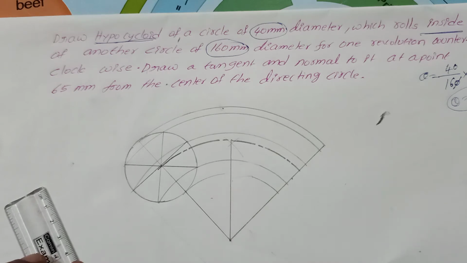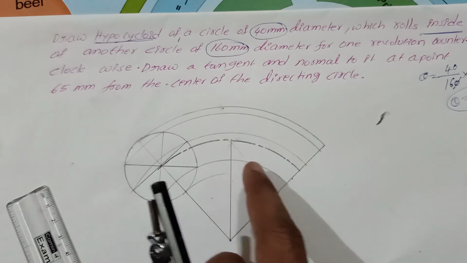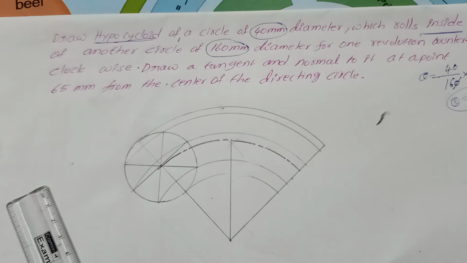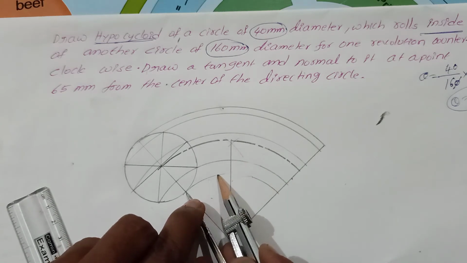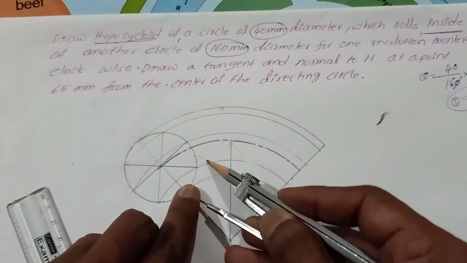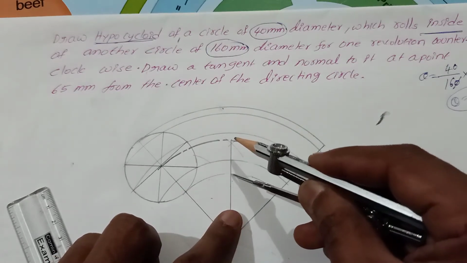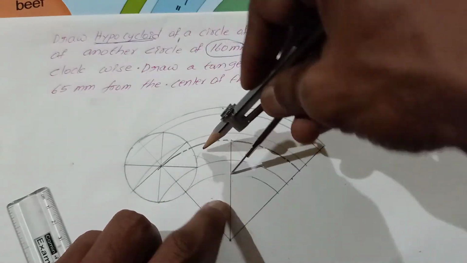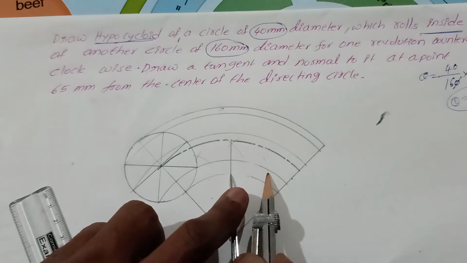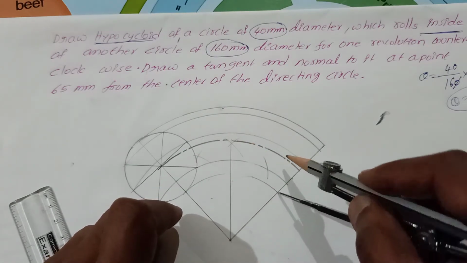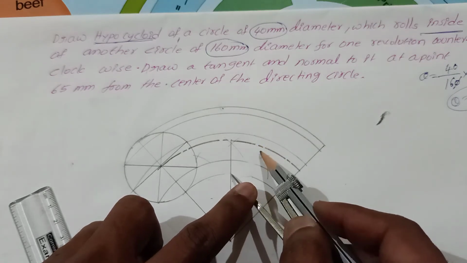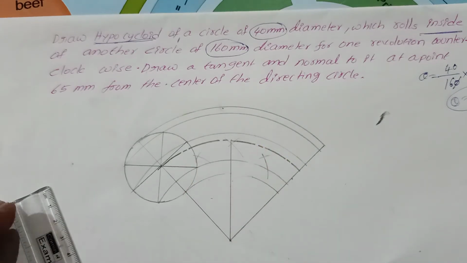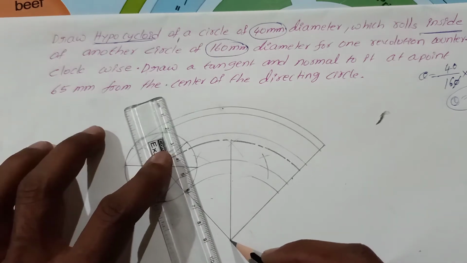Now again divide this curve into 2 parts, and this curve into 2 parts. So for the first curve, take more than half. Draw a curve from this point, cut the curve. On this side also draw the curve. Draw very light curves. If you want to use a protractor, that is your wish.